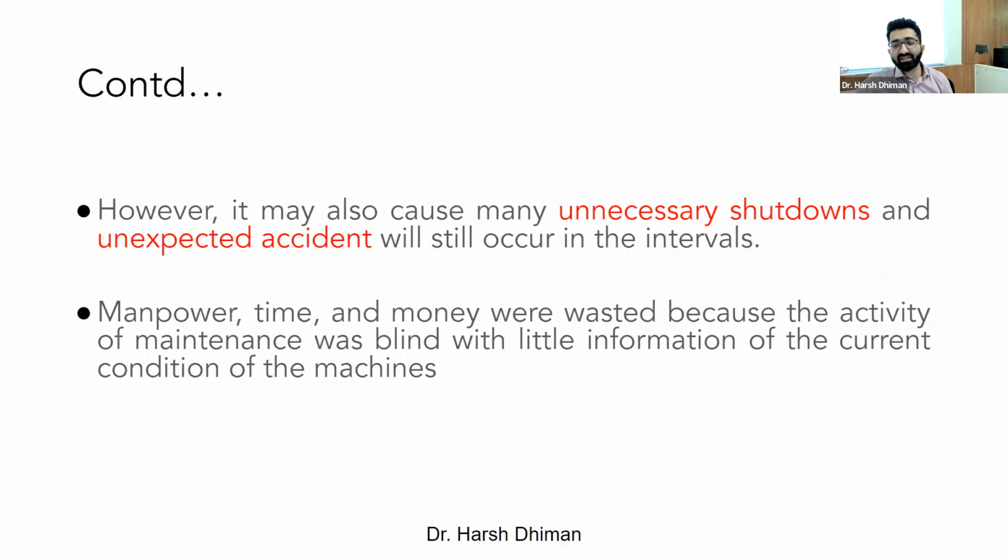So there could be unnecessary shutdown in your factory, right? You have taken out your machine. Let's say it is a wind turbine. If you are going with time based maintenance, you take out your wind turbine well ahead in time. So your turbine is still in a position to generate energy, still in a position to contribute power to the grid, but because of your fixed schedule, you have decided to take out your turbine. So as a result, what happens? Your generation falls down, your installed capacity goes down.